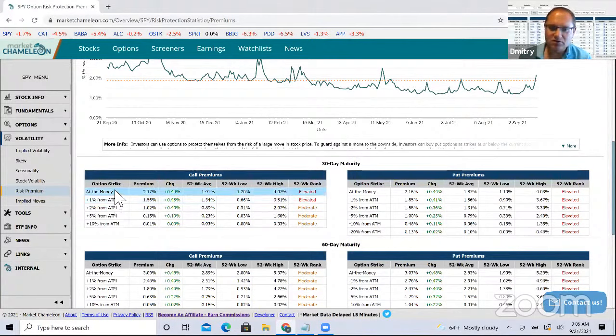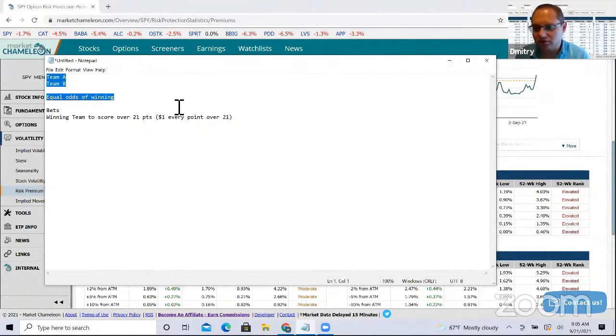So we got the at the money options, then we got the out of the money options here. I'm going to come back to this to explain the skew, but before we talk about the options, I wanted to go look at what I mean by skew. I created this little wagering example. We're in football season right now, and a lot of people bet on teams, so I wanted to describe what the skew means if you're betting on football teams.